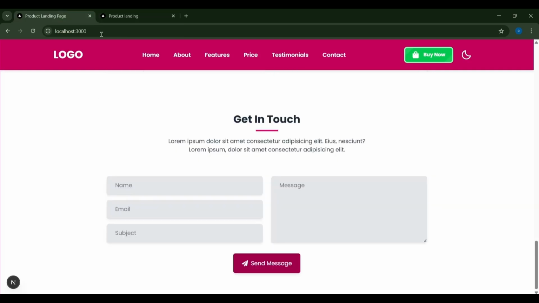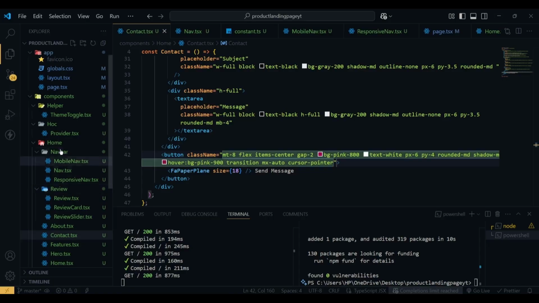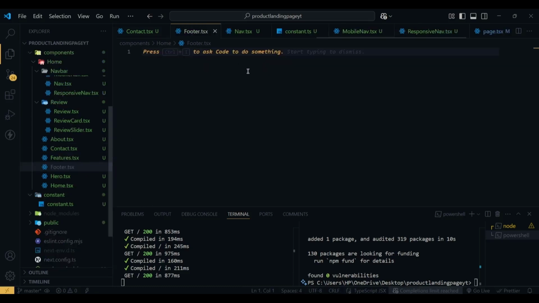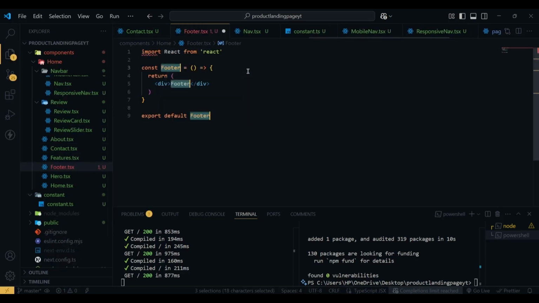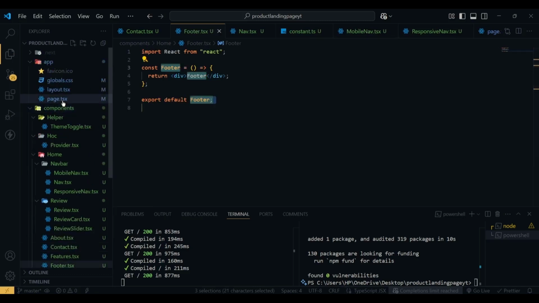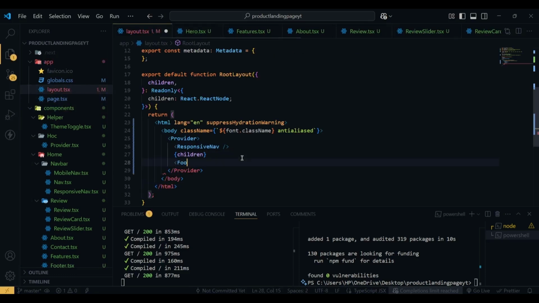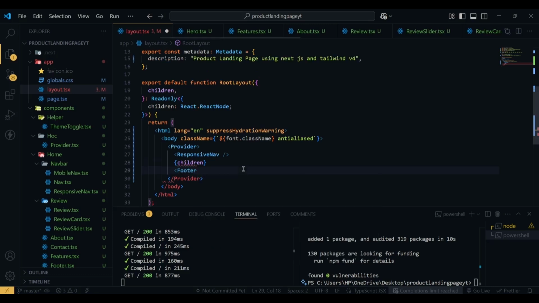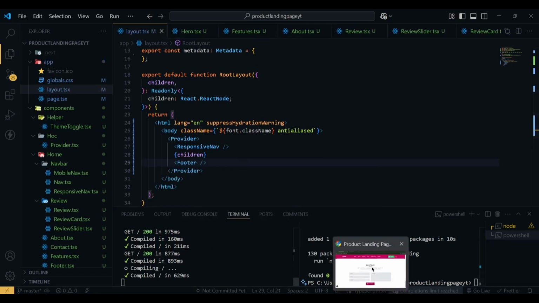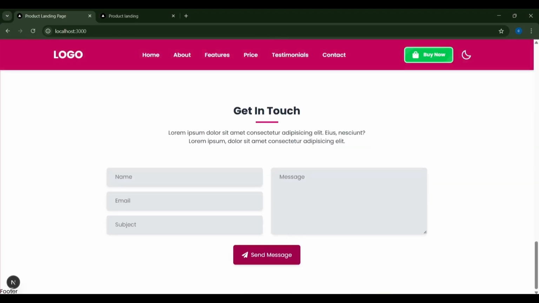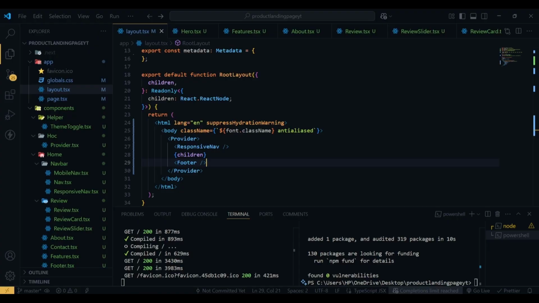So to build this, first I'm going to create a new file inside my home, and I'm going to name this footer.tsx, and I'm going to use RFC to create the component boilerplate, and then I'm going to add this in our layout. So in the layout, after the children, we are going to add our footer. Now if I hit save and go to our project, here you can see we have the text footer. Now let's go to our footer.tsx,